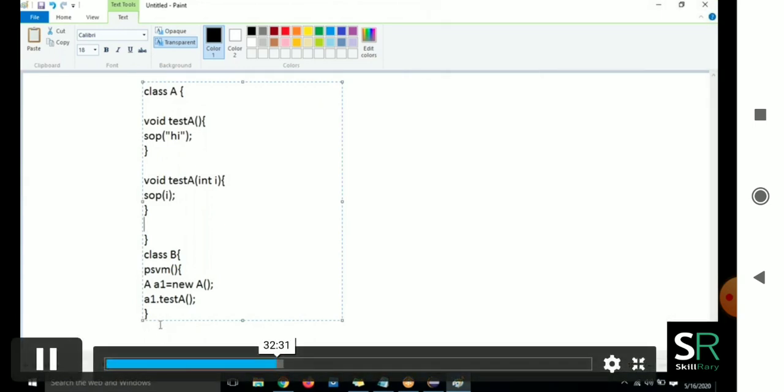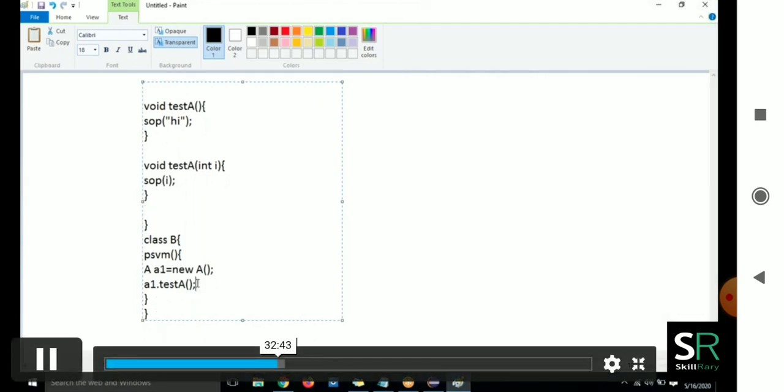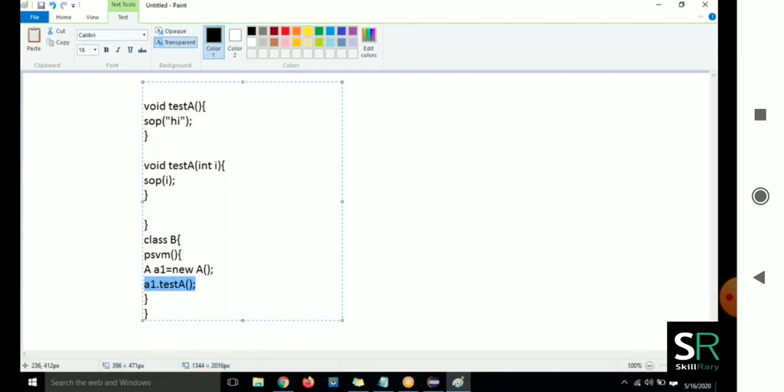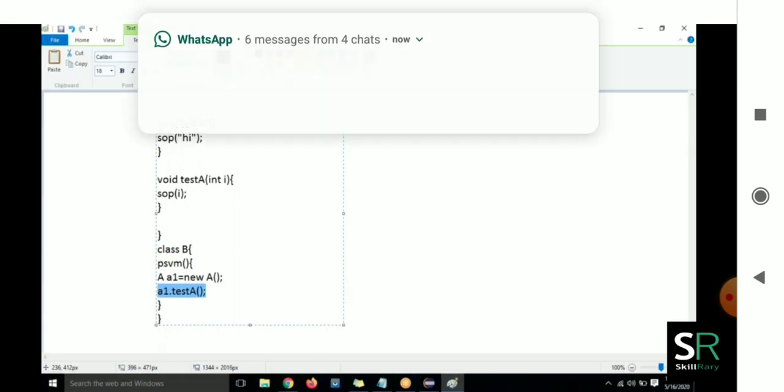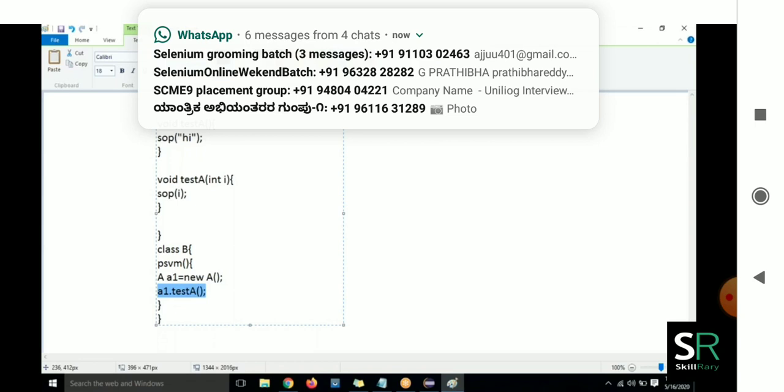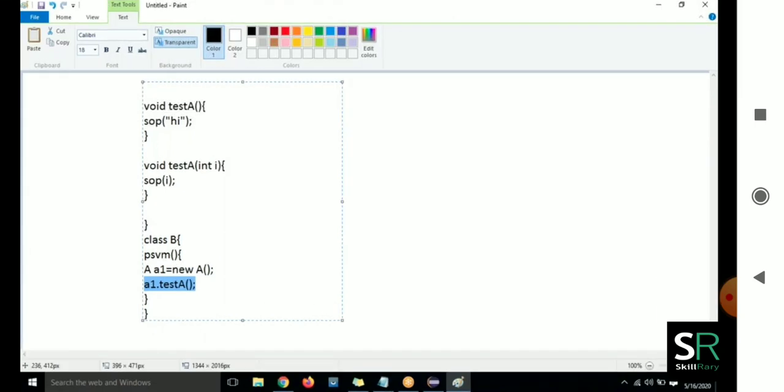I want to call A1 dot testA. This is called the calling statement. We are calling the method, so it is called the calling statement. Who is the called statement? The void testA is the called statement.